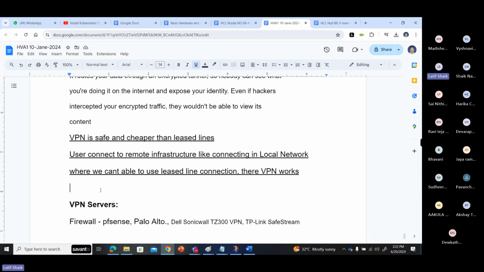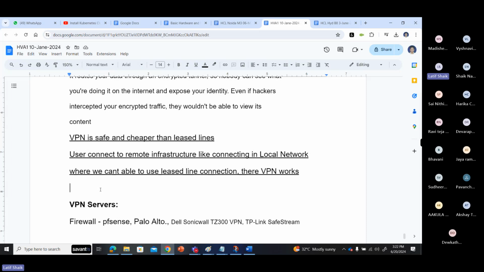VPN is safer and cheaper than leased lines. If you are using it in your organization, the VPN is for connecting purposes. It depends upon access.